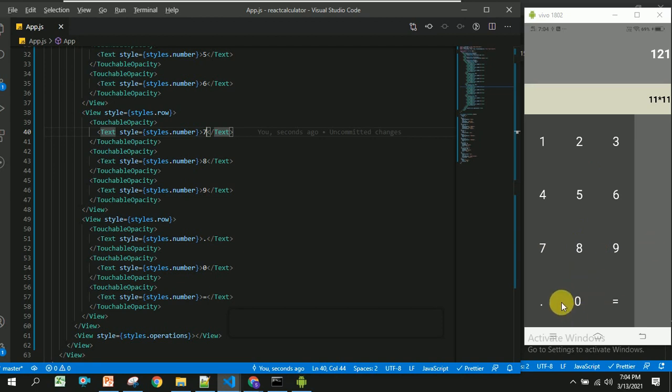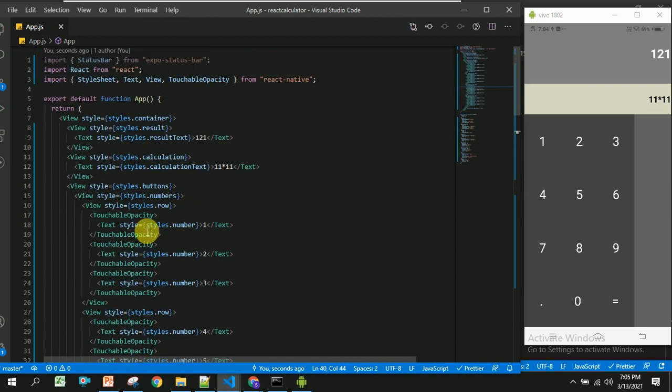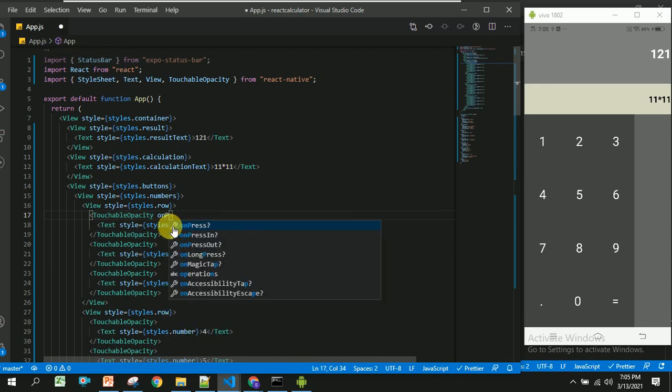The next thing we are going to see is, once the user clicks on these numbers, an on press event will be called. On press of touchable opacity will be called, and once the user clicks on this, we will call a method called on button click.